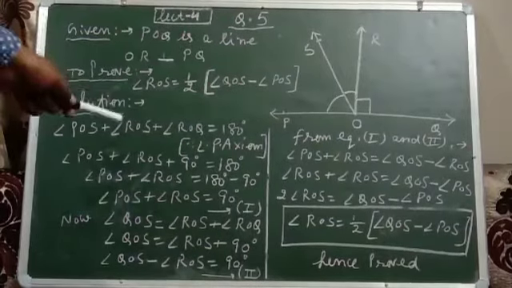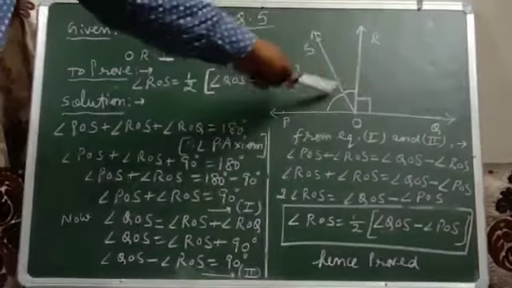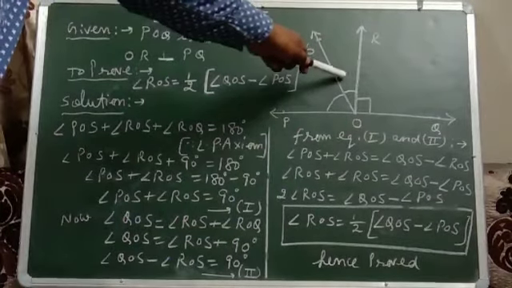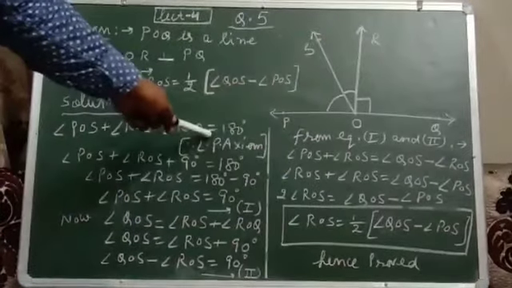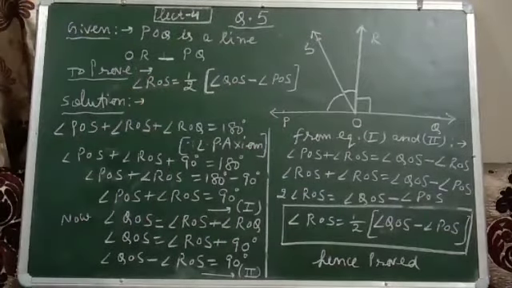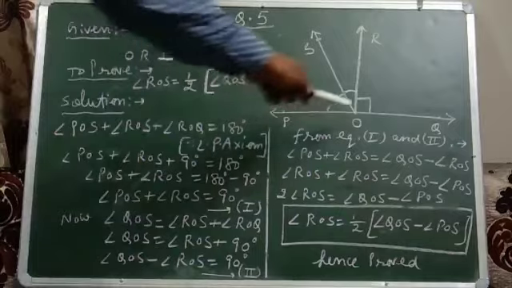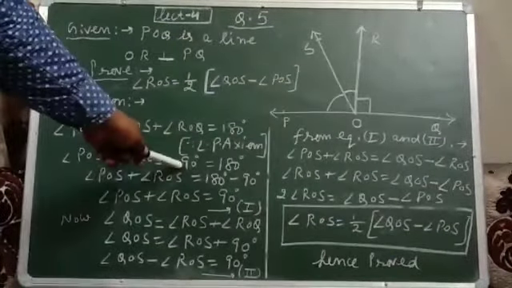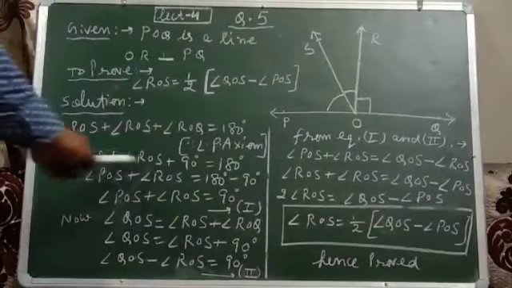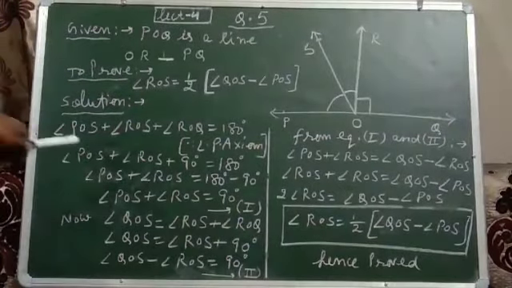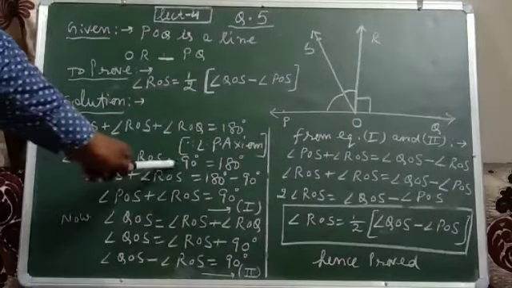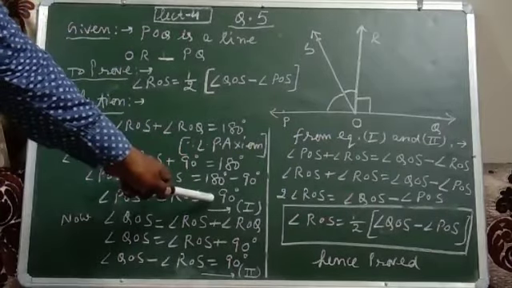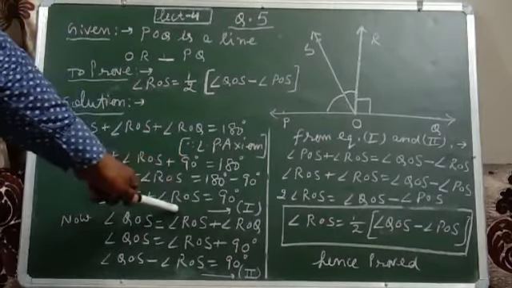So, solution. On this line we have these three angles. So the sum of these three angles, POS plus ROS plus ROQ, will be 180 degrees, by the linear pair axiom. Now we know the value of this angle is 90 degrees. So we write 90 equal to 180. These two angles will remain as they are, and 90 will become minus on the right hand side. So 180 minus 90 equals 90. So this is equation number first.